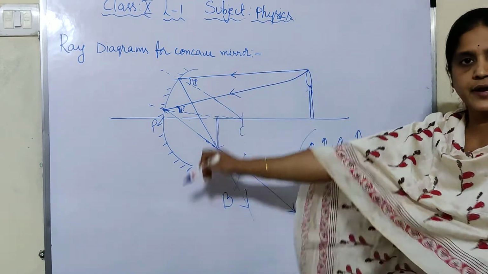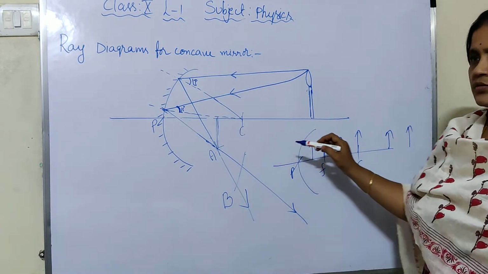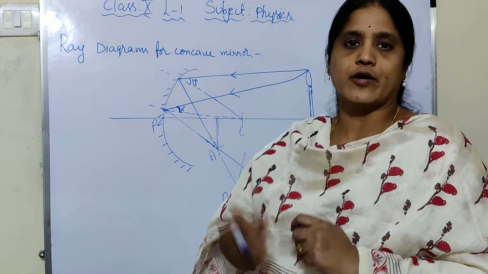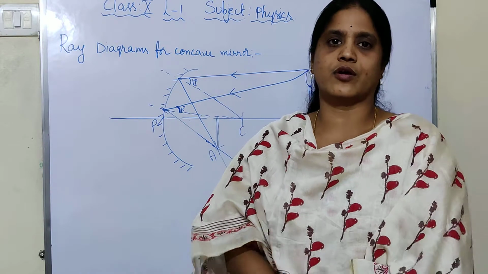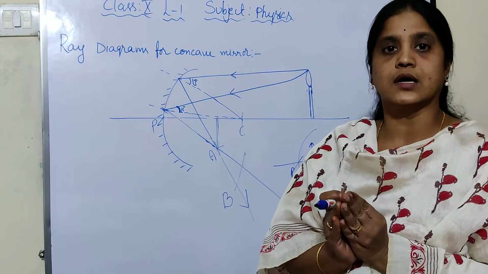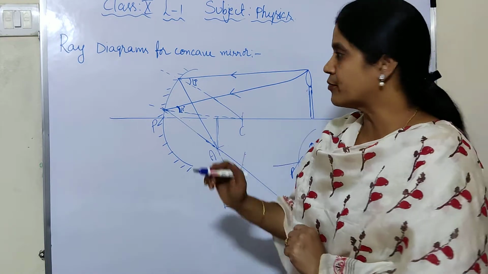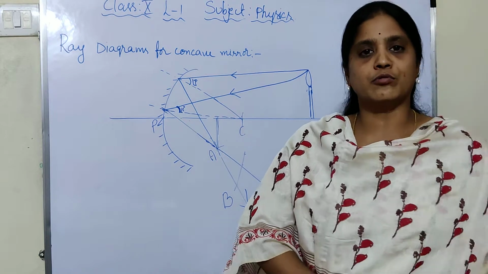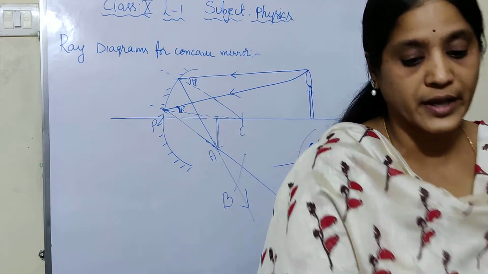To draw the ray diagrams, we always have to draw the normals. Drawing normals in all these cases is a waste of time and it is very difficult as well. Due to that, we have some rules for drawing ray diagrams for a concave mirror. Instead of using normals, we follow some rules. There are 3 rules to draw the ray diagrams. First we'll discuss what the 3 rules are.